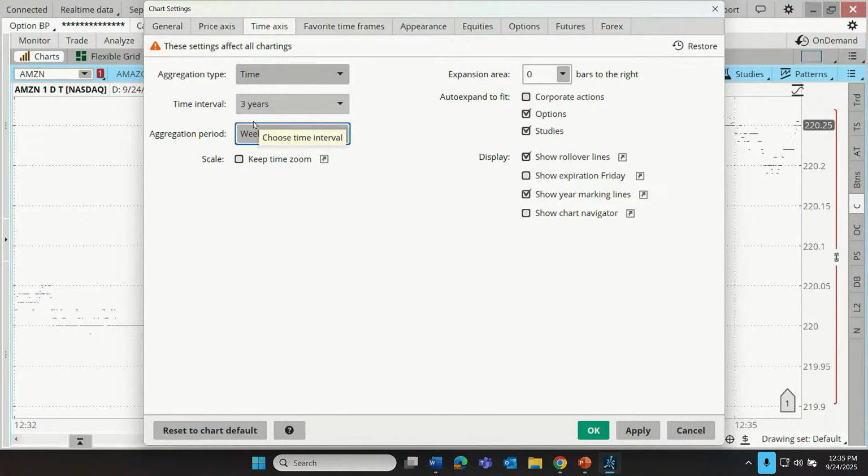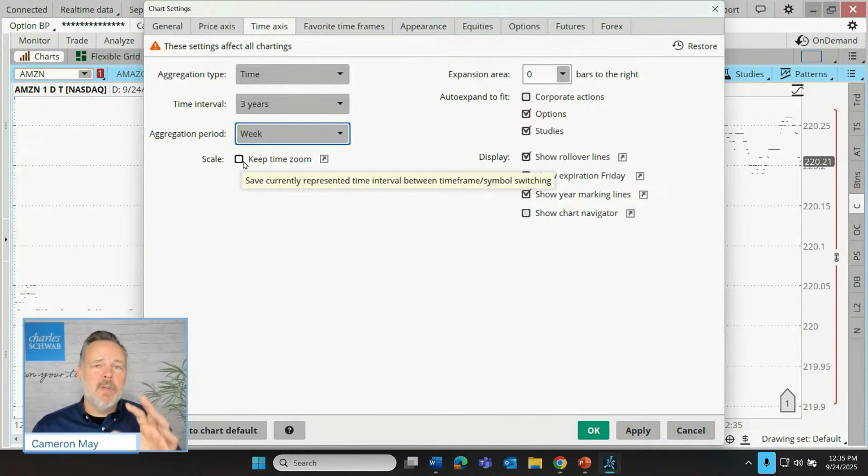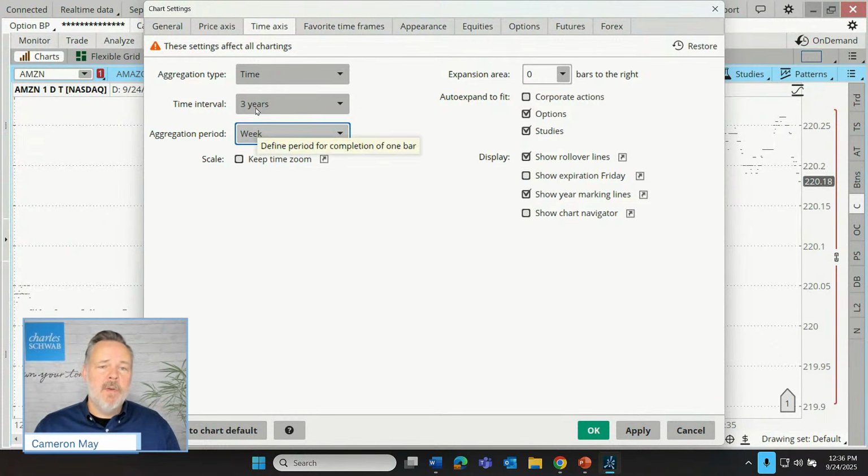However we set this up, and maybe this goes back to Jim's question, though I'm not sure this is exactly what you're talking about, Jim, if we've changed this construction on a single chart and then we switch over to another chart, this is known as a time zoom.